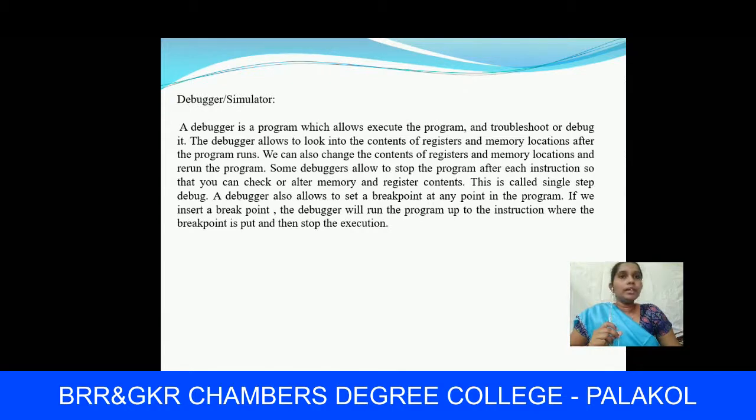A debugger also allows us to set a breakpoint at any point in the program. If we insert a breakpoint, the debugger will run the program up to the instruction where the breakpoint is put and then stop the execution.